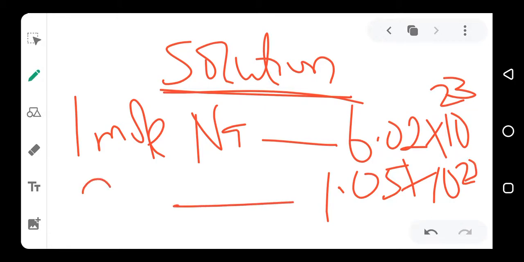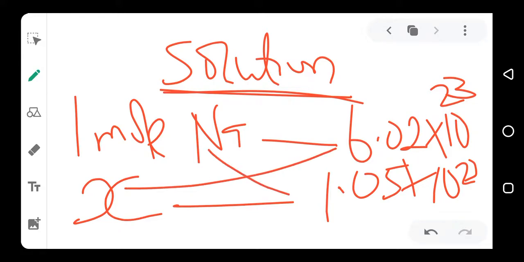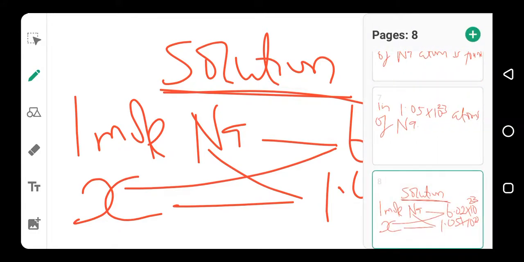Let's call it X. We don't know the number of moles that is contained in this, so we do our cross multiplication, this going to this and this coming to this, and so we have